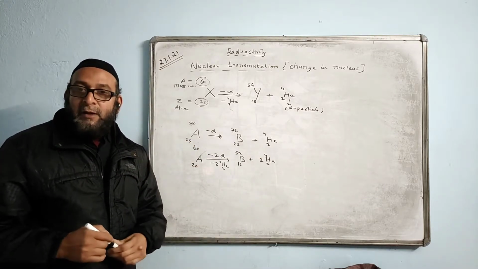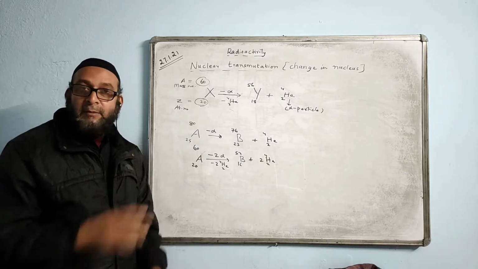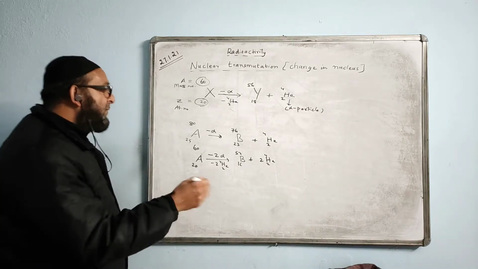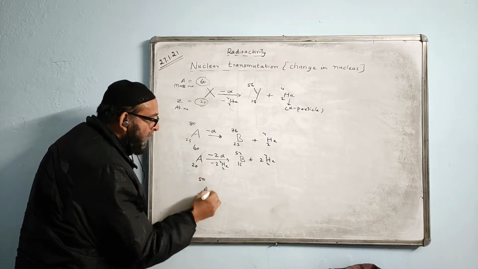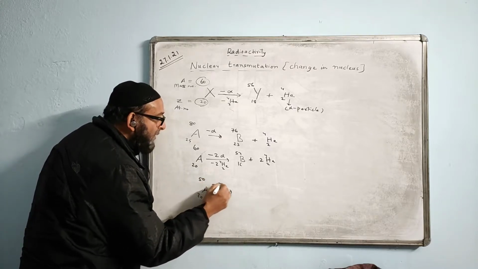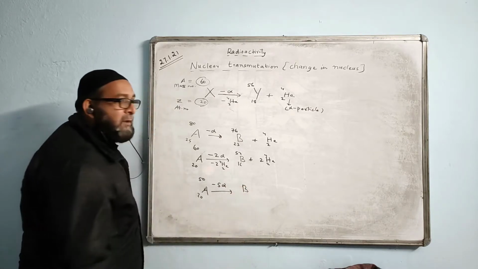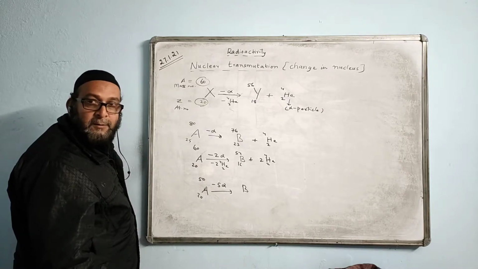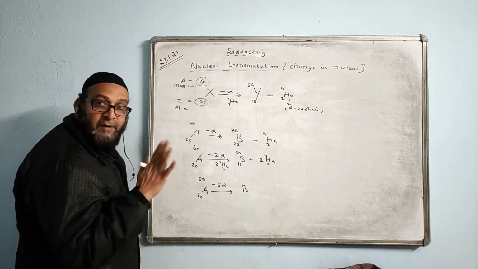In every nuclear reaction, the atomic number and mass number of both the sides will be equal, and both must be equal. Remember it. Similarly, I give another example. Suppose A is given here 20 and this is given 50, and it is emitting 5 alpha particles. Tell me what answer will you get now? One of you can tell me. What answer do you expect? 5 alpha particles are emitting, not 1 alpha, but 5 alpha is emitted.